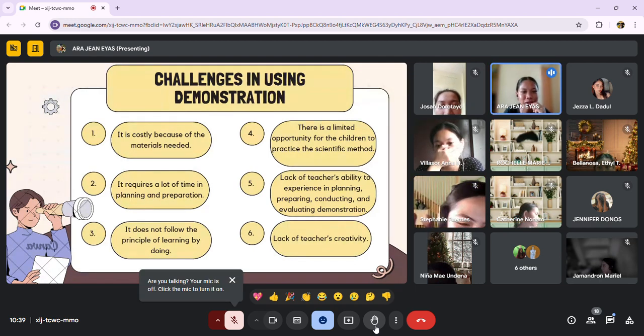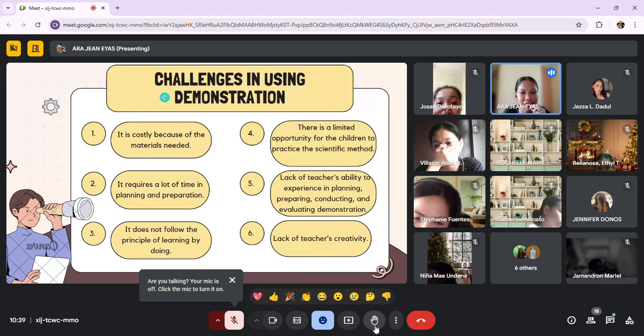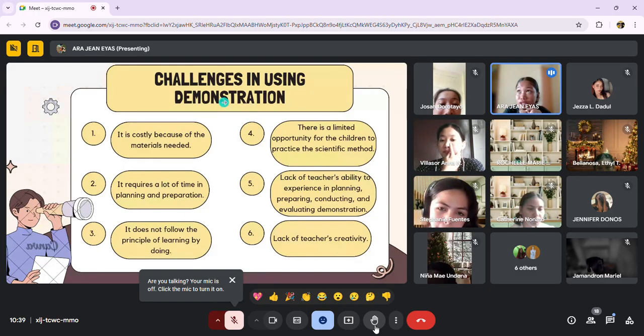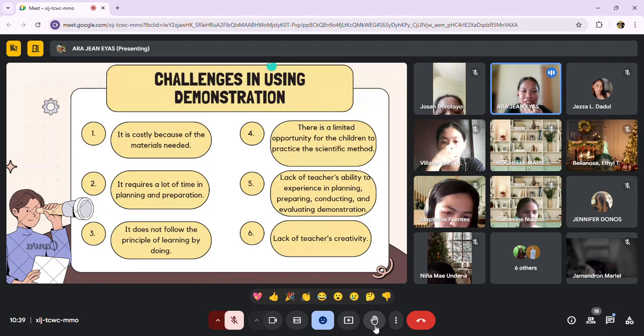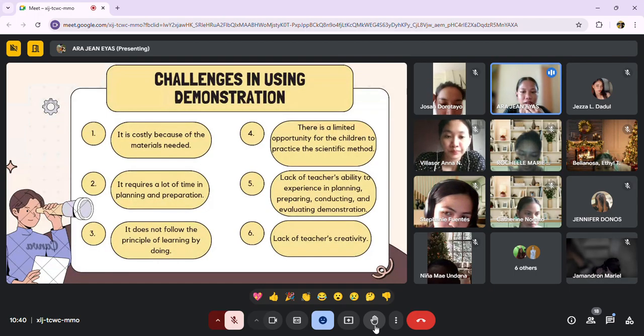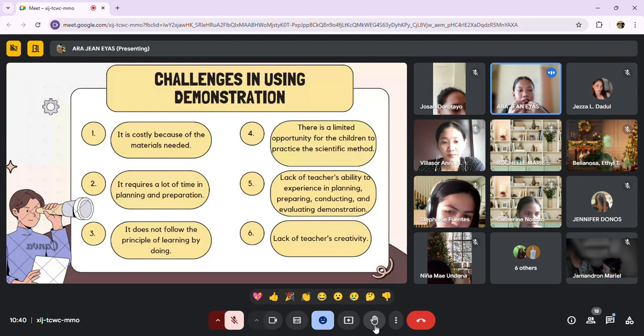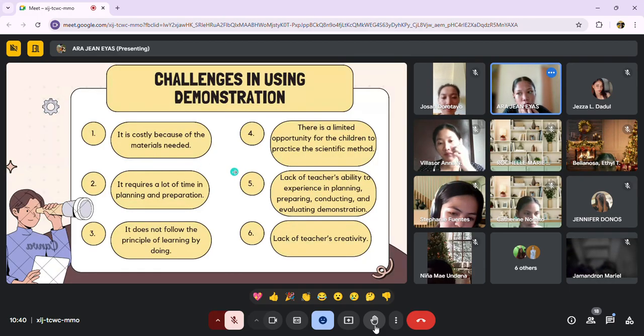So the fourth one is there is a limited opportunity for the children to practice the scientific method. In a demonstration based approach, students may not have many opportunities to practice the scientific method since teachers are more likely to demonstrate the specific task.